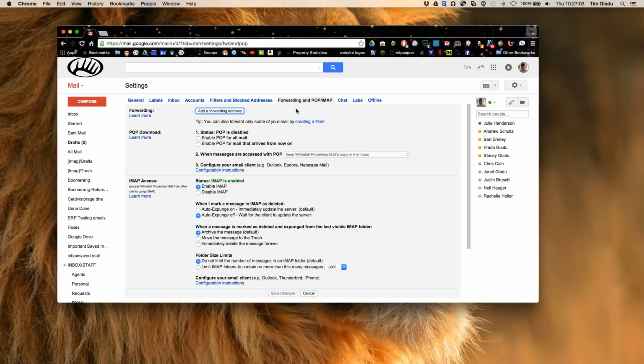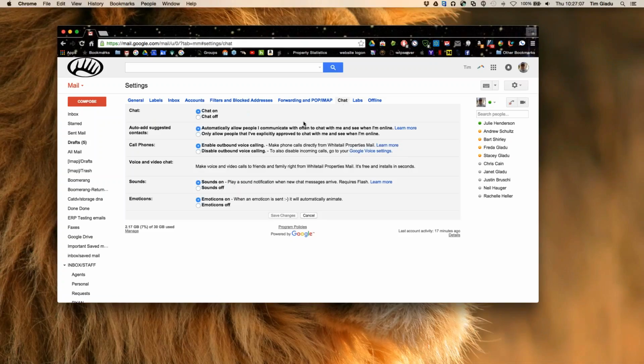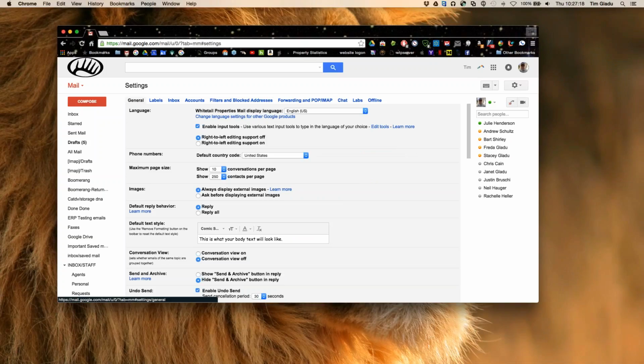And then the rest of these, chat, they're kind of self-explanatory. If you use Google Hangouts quite a bit, that's kind of where this would come in. But the rest of it, that's pretty much all of the settings within Gmail